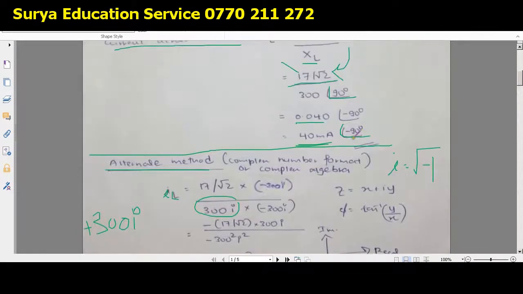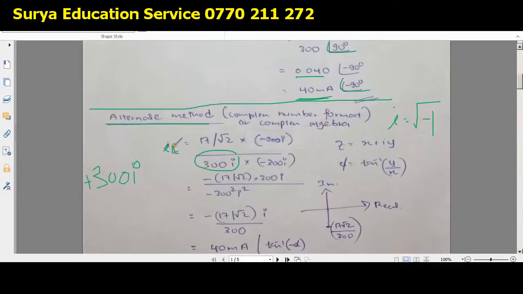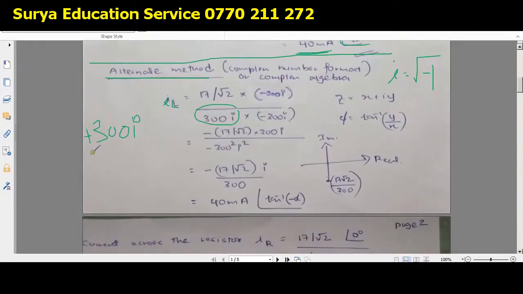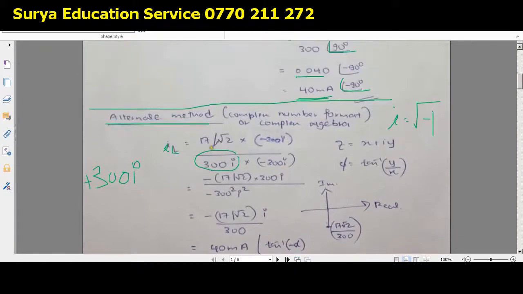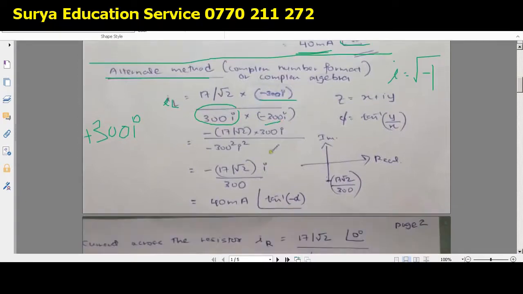Because here we have solved the problem by considering the angle, which in complex algebra we call the argument. But here we are directly considering the complex number format, right? So for inductors we call it 300i. So 17 divided by root 2 divided by 300i. So how to solve is we can just multiply by the conjugate. What is the conjugate of 300i? Minus 300i. So multiply by the conjugate. So then you can solve